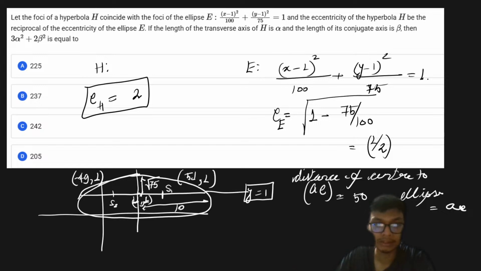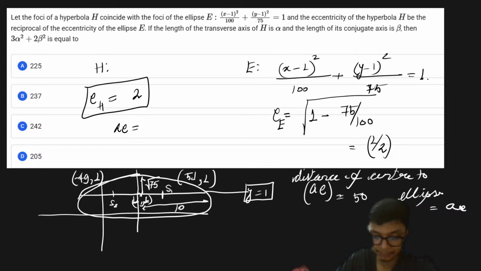So let us try to find out the value of A. Now similar to the case of a hyperbola, the distance AE basically represents the distance of the center of the hyperbola to the focus. So that is also going to be equal to, so from this part we have to also understand that,